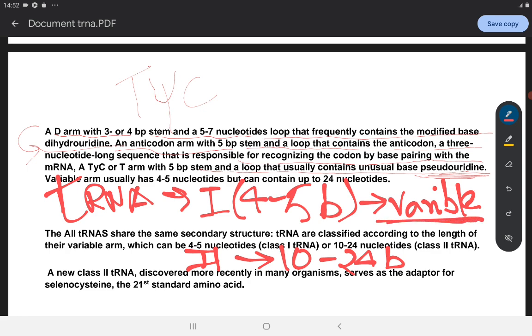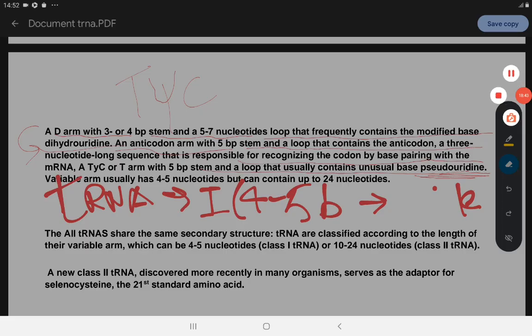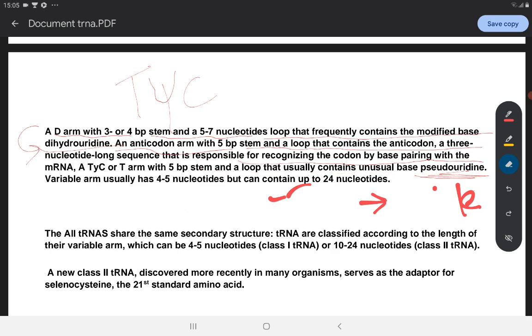The variable arm decides which class of tRNAs it is, right? So that's about tRNA, class 1 and class 2. Class 1 with 4 to 5 nucleotides in the variable, and class 2 10 to 24 nucleotides in the variable